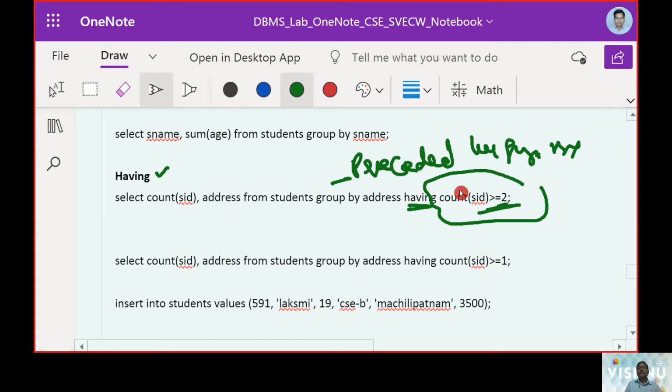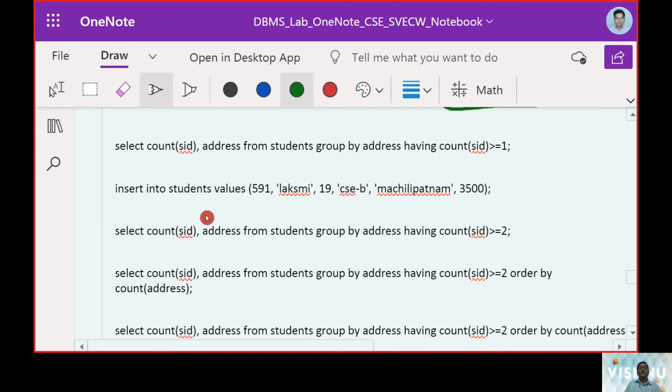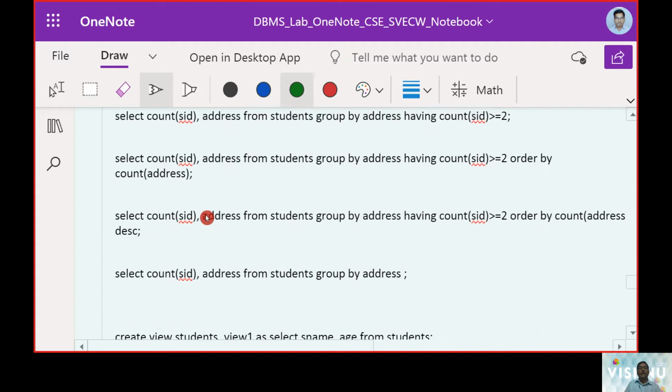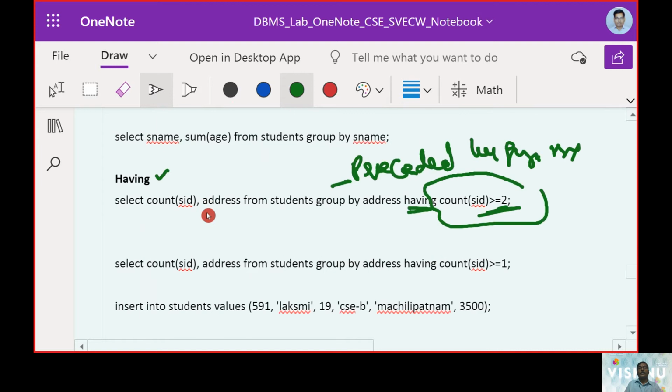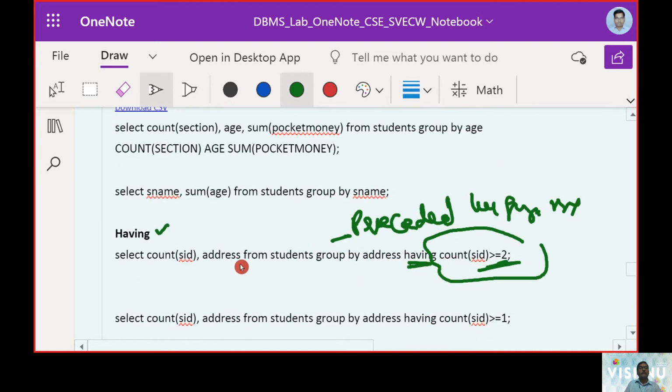So we are mentioning SID count greater than 2 or something like that. So the student database is going to be updated with the SID.